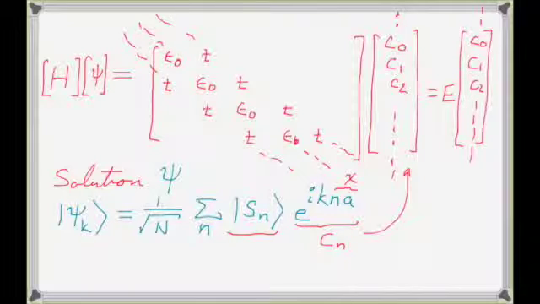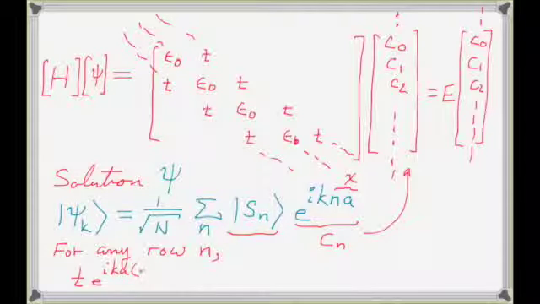Each row gets shifted over by 1 as I go down. And so for any row n, when we do this matrix vector multiplication, multiplying that column vector times row n, you get t